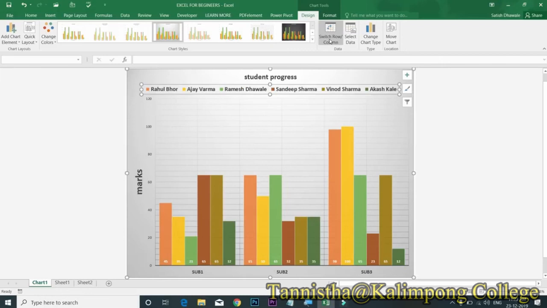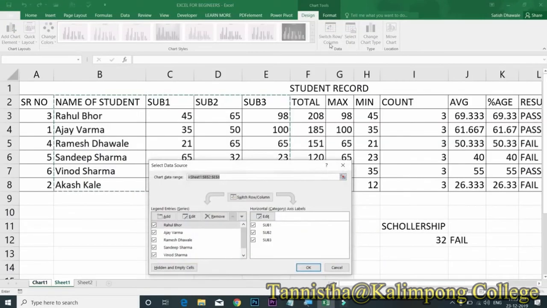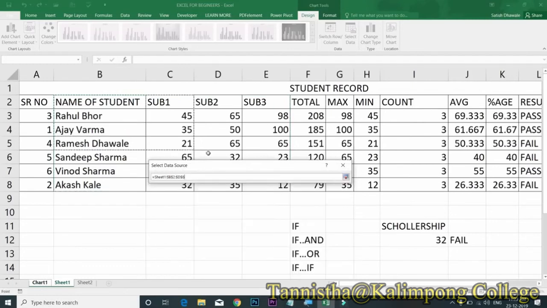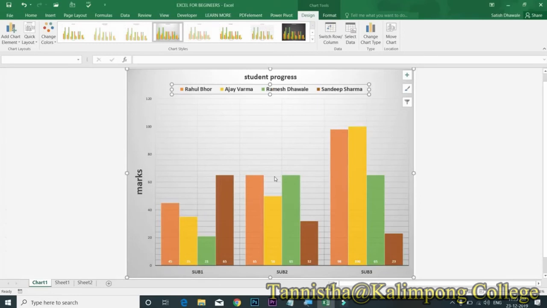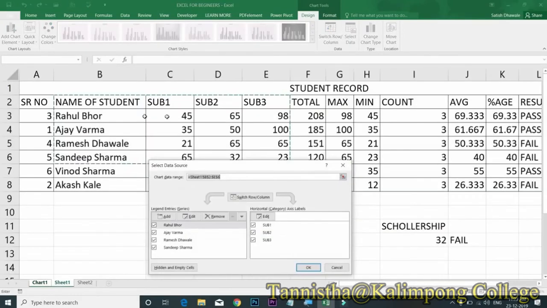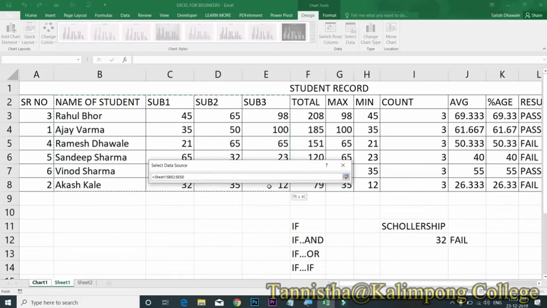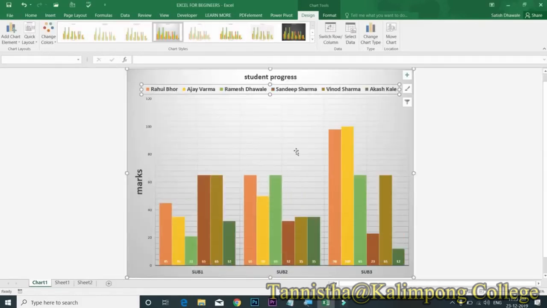After that we have Select Data button. In this, if we want to minimize our data, say we are selecting the records of 4 students instead of 6 students. It is appearing as such. Similarly, we can increase our data too.